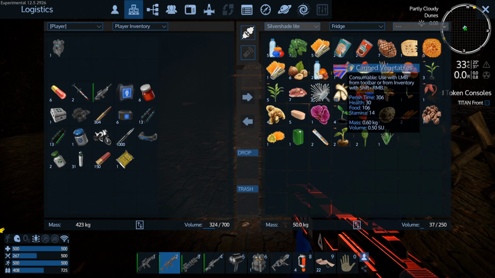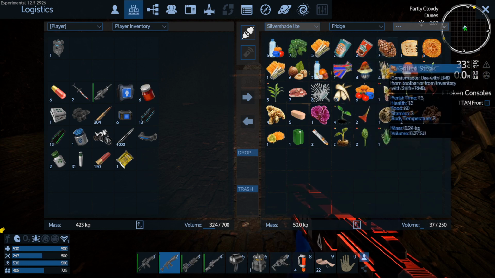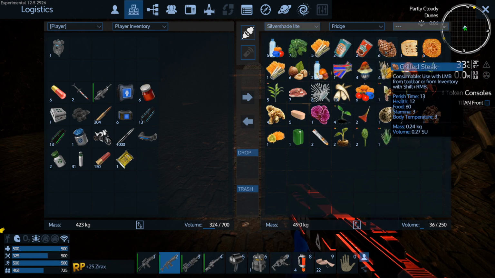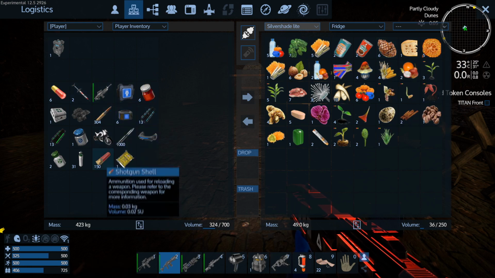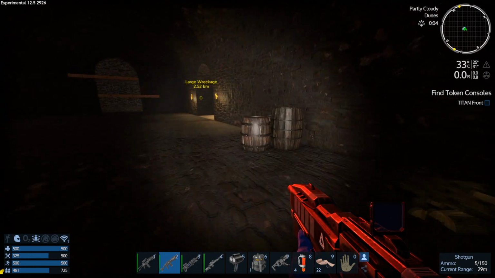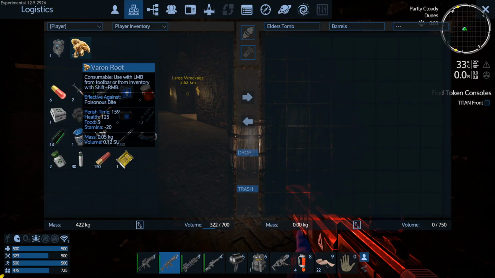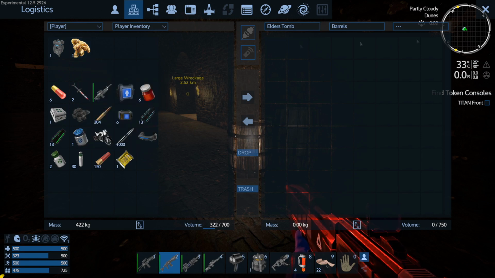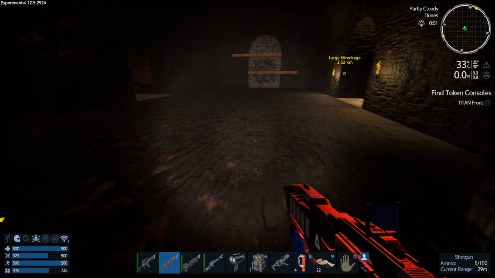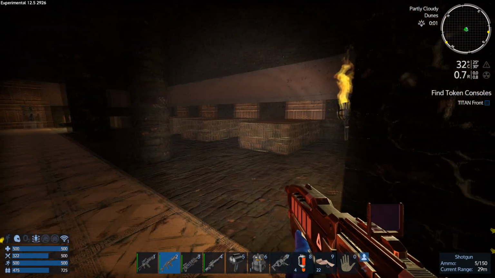Food's getting a little bit low as well, so we'll just punch off some of that. And maybe we'll just have a steak on top as well. Top up the oxygen. Okay. Never really found a use for the... Oh, that actually gives us health. That could be useful. I'd have to say, I've never really found a use for the Balon root, but